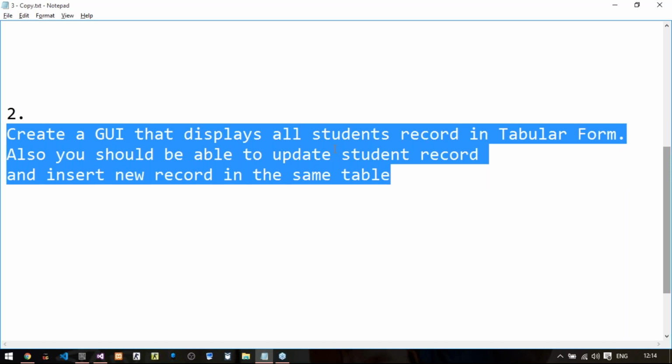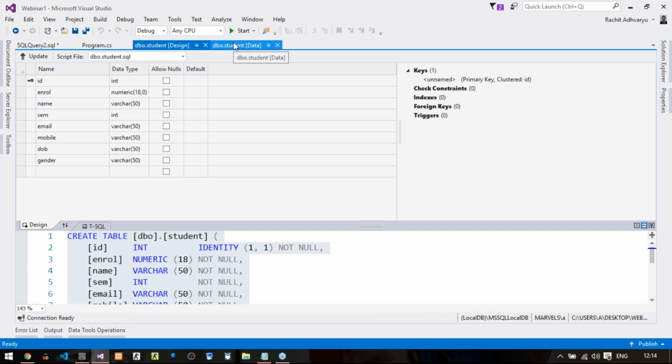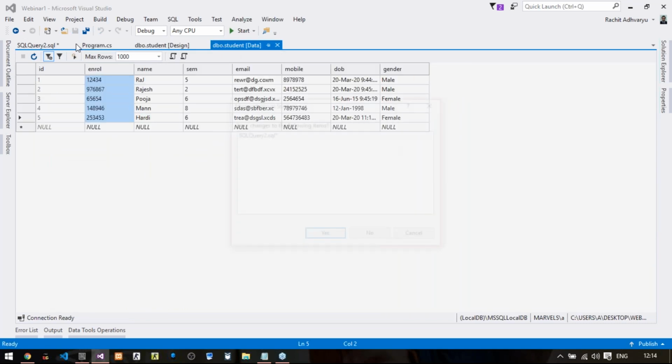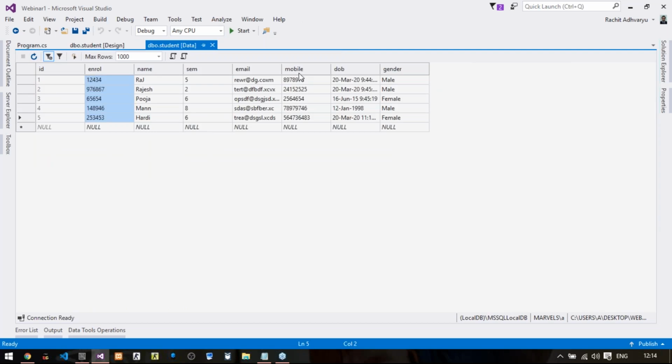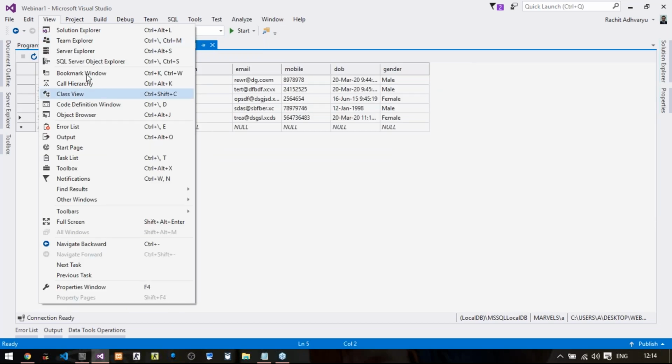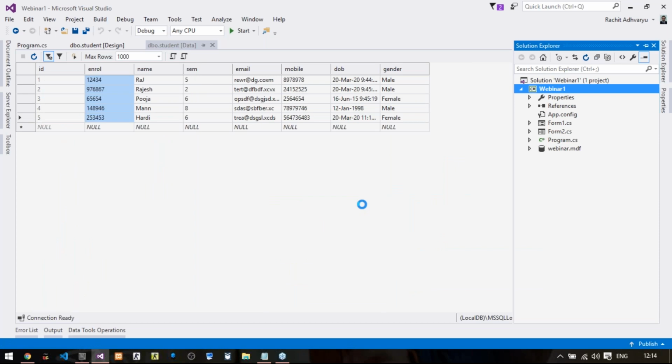So in .NET, we don't have such tags, right? We are not able to write any particular code for the design part. We just need to use all the controls that have been provided by Microsoft. So if I want to display a table in this particular application, I will again go to Solution Explorer. Right click on my application, new item, select Windows form, and I will just create one form.